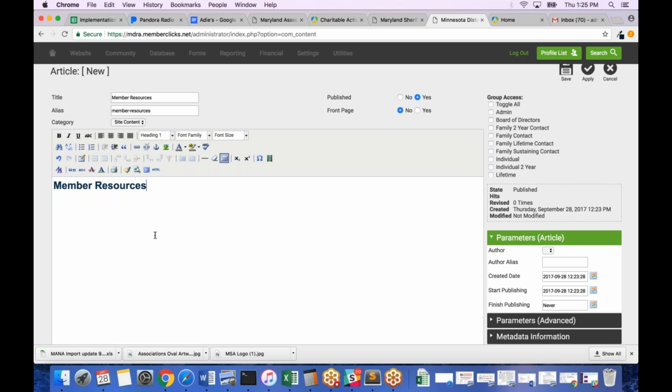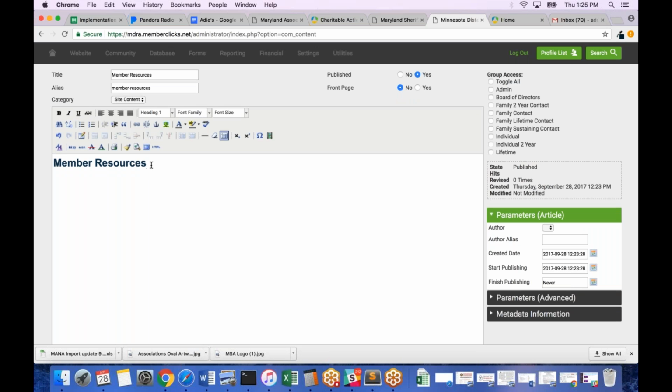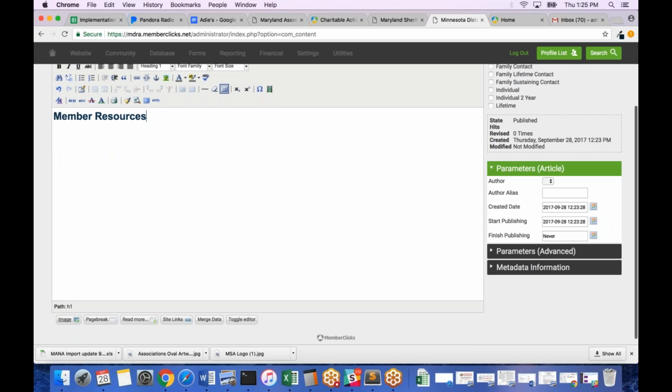Couple other items that are going to be unique to MemberClicks. So if we wanted to bring in an image, I mentioned first you have to save it in your media manager. Then we would want to place our cursor wherever we want that image to populate. We're going to come to the bottom of our editor, and you're going to see a button that says Image. We're going to select that image button,